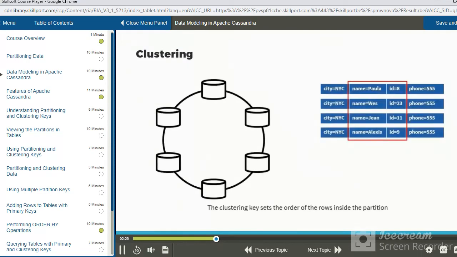Next, let's come to the clustering key columns. There are two, name and ID, and as we've already discussed, these are going to set the order of rows within a partition. So given rows which have the same value of city, they are going to be sorted by the clustering key. This will happen in order, so first by the column name and then by the column ID. The value of the second clustering key column here, which is ID, will only come into play for two rows which have the same value of city and name. Otherwise, this doesn't really matter. For the data that we currently have on screen, you can see that